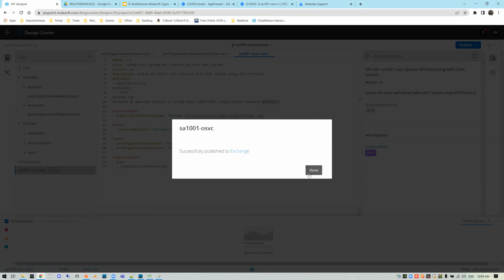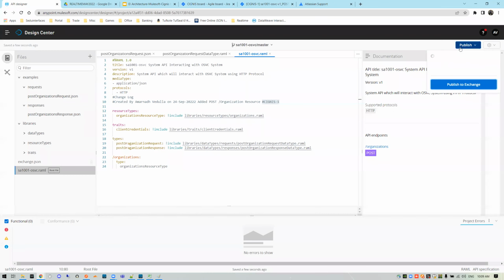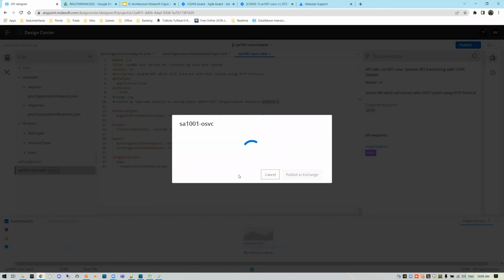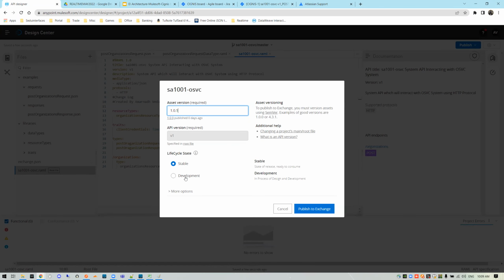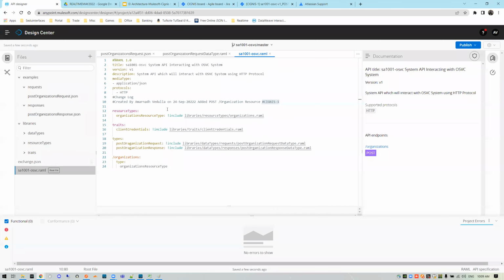Okay, so here we are just trying to publish it. So he is talking about this thing, stable and development. If you have not fully enriched this particular RAML,